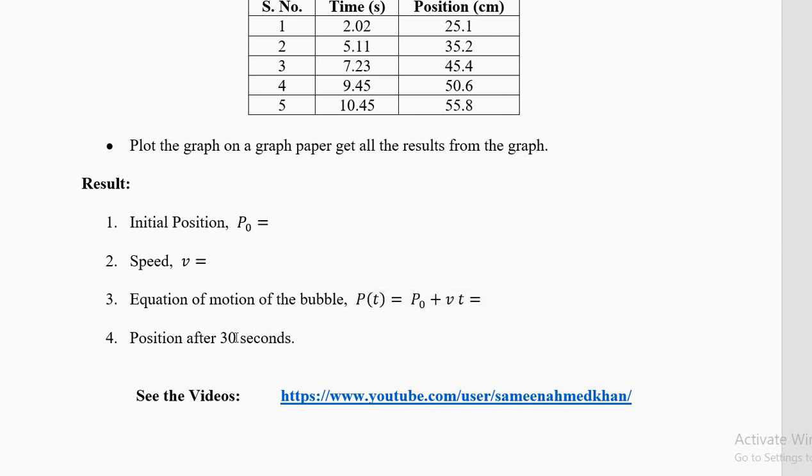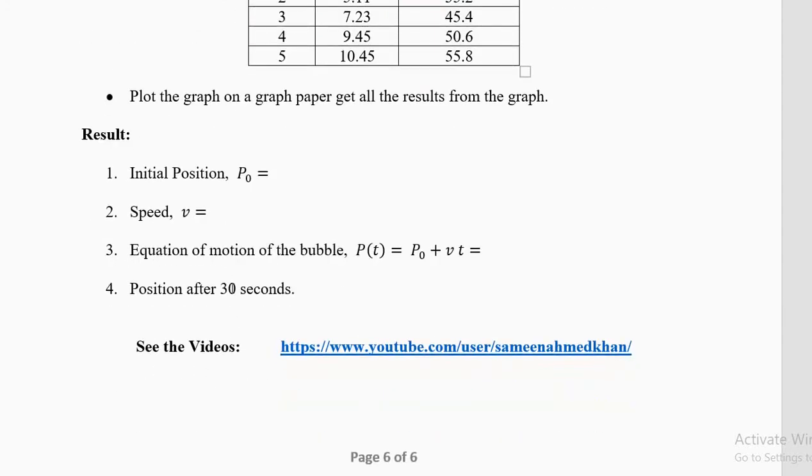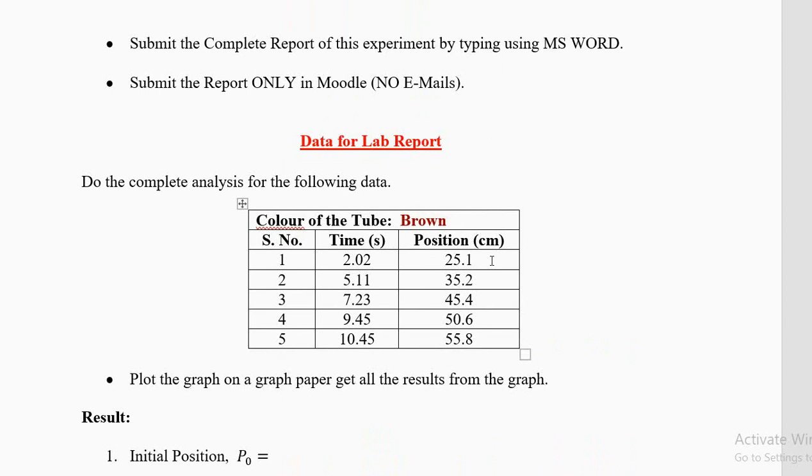Read the question carefully. It is position after 30 seconds, not 10, not 20. So do not put the numbers from the last two examples. Just look at the numbers in the data which is given to you and in the question given to you. That's all you have to do. Only one graph is needed for your lab report, not six. This time we'll let you do it with one graph, but do it carefully and do a handwritten graph.